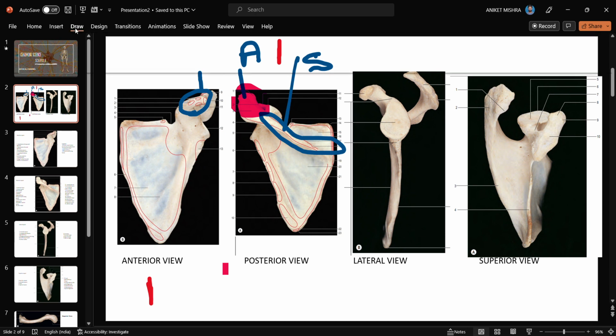When we look into the coracoid process that is present here, the process is directed forward and slightly laterally. When we look at this, it lies a little forward and laterally. It is bent, a finger-like projection. This is known as the coracoid process. These are the general features of the